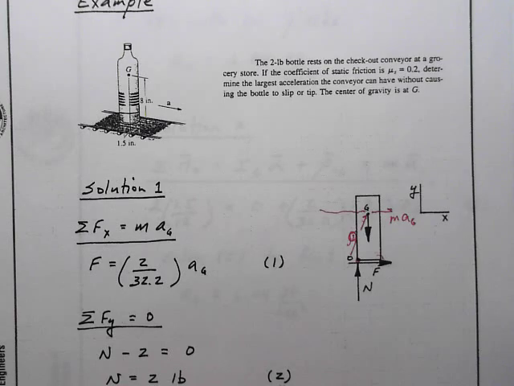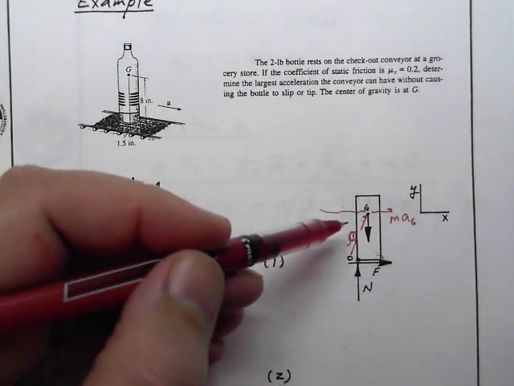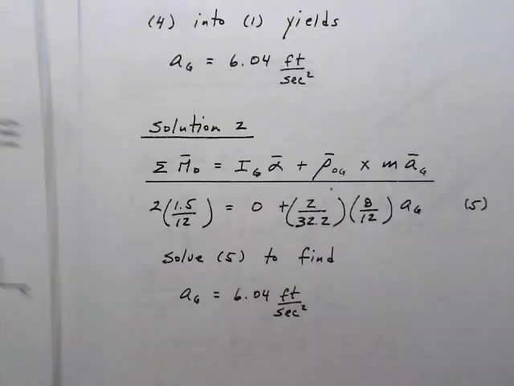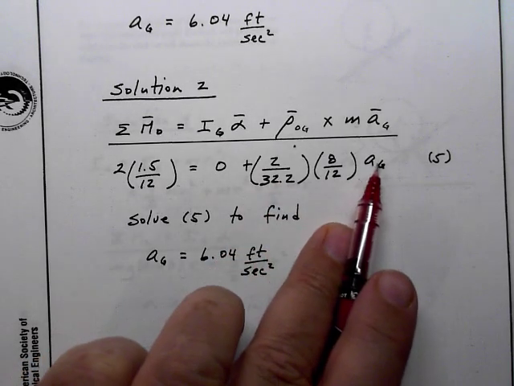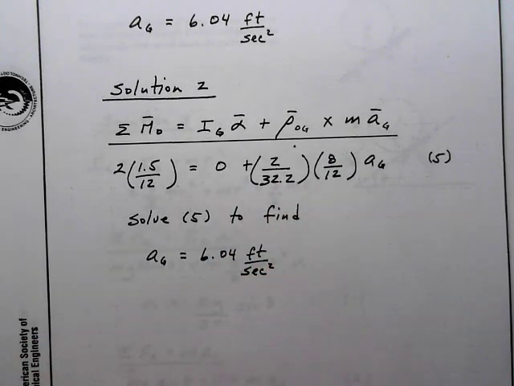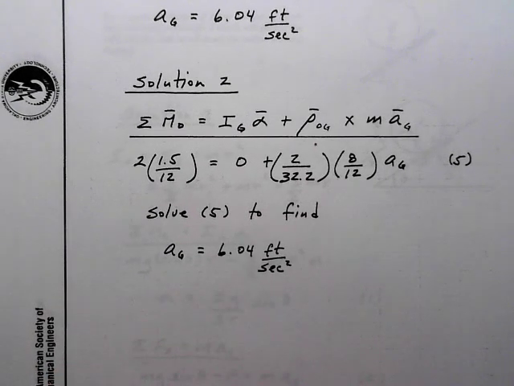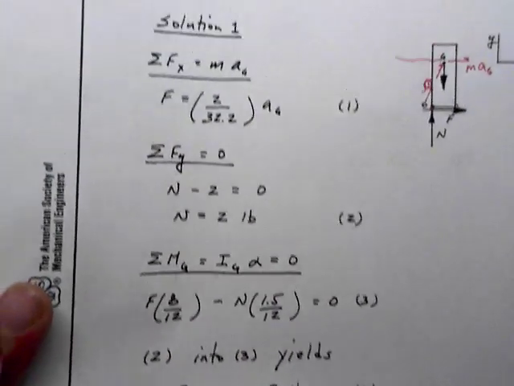But the easier way to get that moment is to simply say it is the mass times acceleration times the perpendicular distance, which is the 8 inches. And so we have mass, we have acceleration, we have the moment arm of 8 over 12, and the only unknown in this equation is the acceleration, and we get 6.04 feet per second squared out of that in one step. And that happened so nicely because we didn't want the normal force or the friction force, although we have good reason to want the friction force and the normal force,